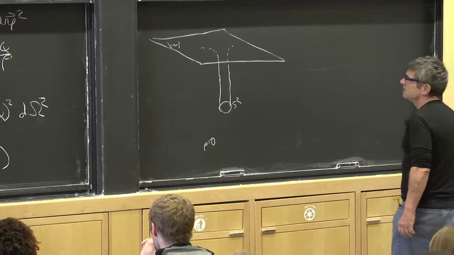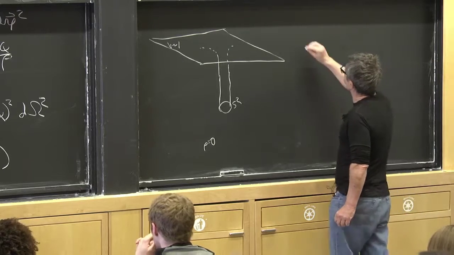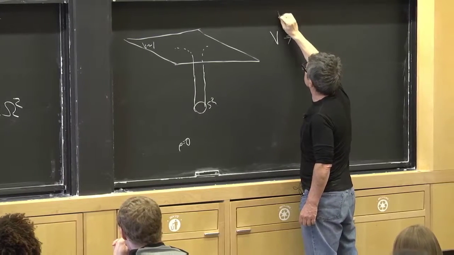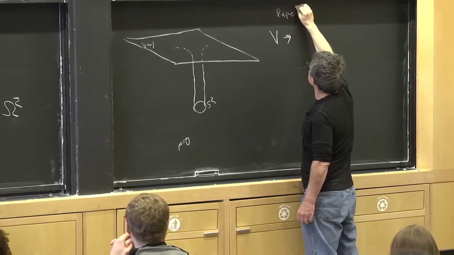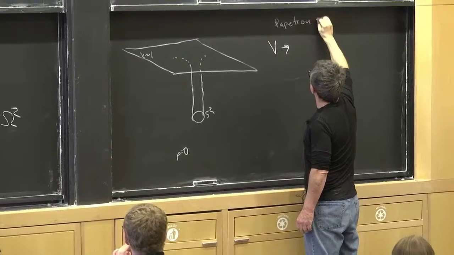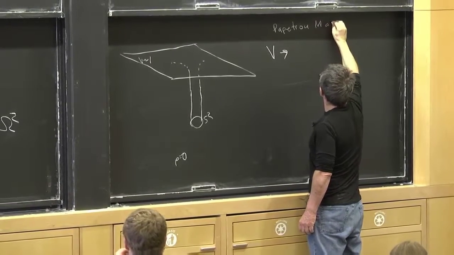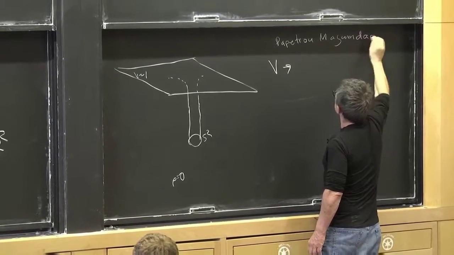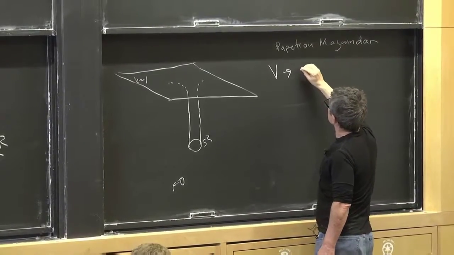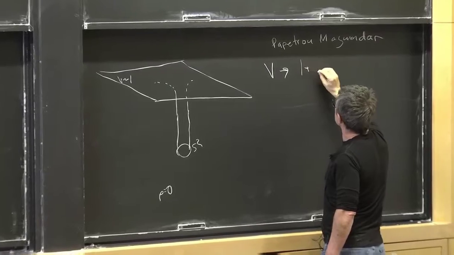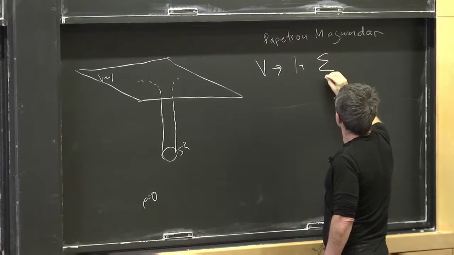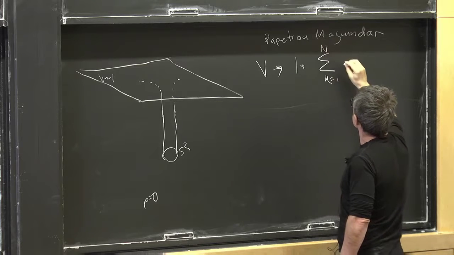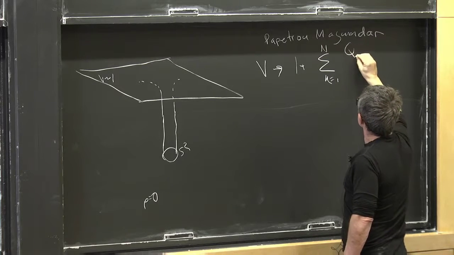But in this form, these are called the Papapetrou-Majumdar metrics, kind of an amazing thing. I might be misspelling this, I'm not sure. If we take v goes to 1 plus the sum over any number, let's say n, of